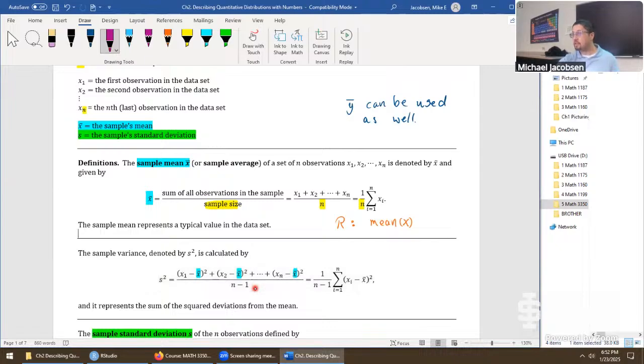In other words, if I lost x2, maybe our data is written down on paper and I just lost it. Nobody knows what x2 was, but somebody calculated the mean and we know that value. Even if x2 is missing, we can still calculate s squared, the variance. You could solve for x2 if you know all of the other observations and the sample mean. That's kind of a nice little concept there. It's in that way that the variance only is dependent upon n minus 1 pieces of information. So we use that down there when we calculate it. That's the hand wavy kind of expression.